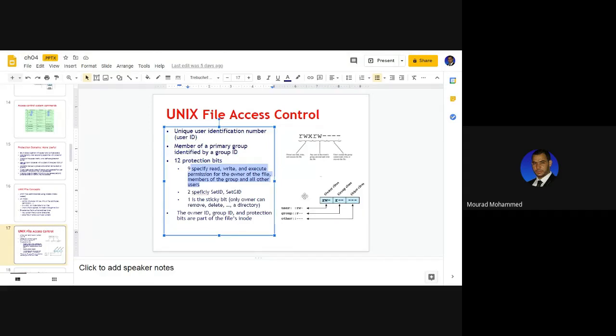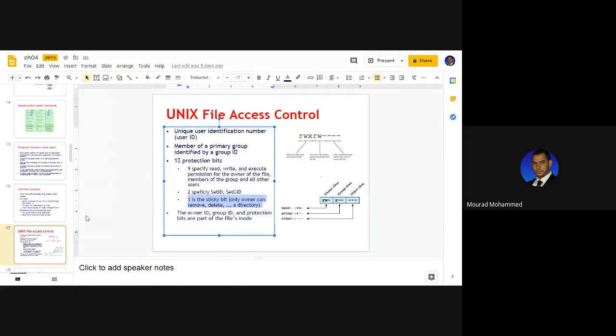They are 9. Actually, 1 to set the ID of the user, and 1 for the group. These specify the higher privilege or higher privileged users. Remember, we talked about the control. It will give you access capability to read. Okay. But who can delete? Who can remove? Who can change the name? This is another layer. It's a higher privileged capability that a specific user has to be given.